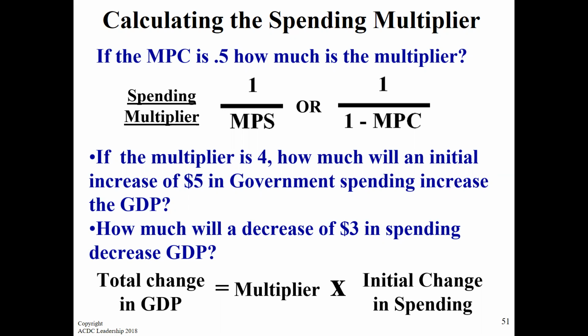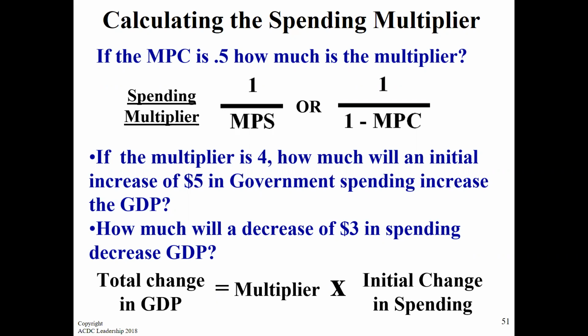With the top one where it says if MPC is 0.5, will the spending multiplier be the same for both? Yeah, they're the same formula. Because MPS is also 0.5, it's going to be 2 and 2. For the second one, the GDP refers to the column above, which would be 20.